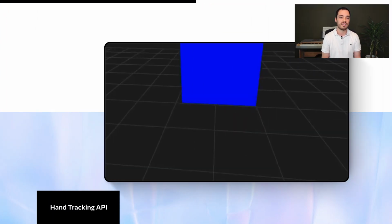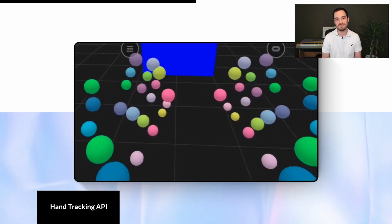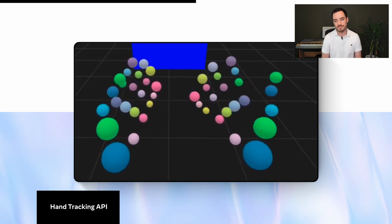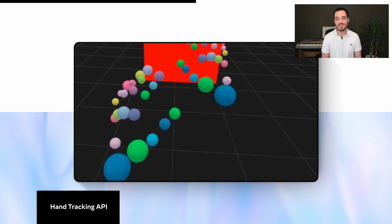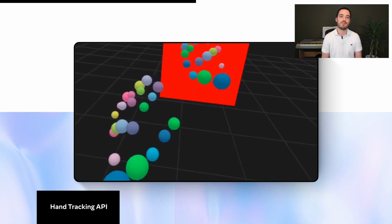Since introducing WebXR, we've been hard at work pushing the boundaries even further. That's why in July, we introduced 2 new capabilities for WebXR. The first is hand tracking. You saw hand tracking last year at Connect, and now we're bringing it to the web. It's experimental, so you can go to about:flags as a developer, turn it on, and write some sample code. We've already enjoyed some of the early content that developers have written, and we're excited to bring this on